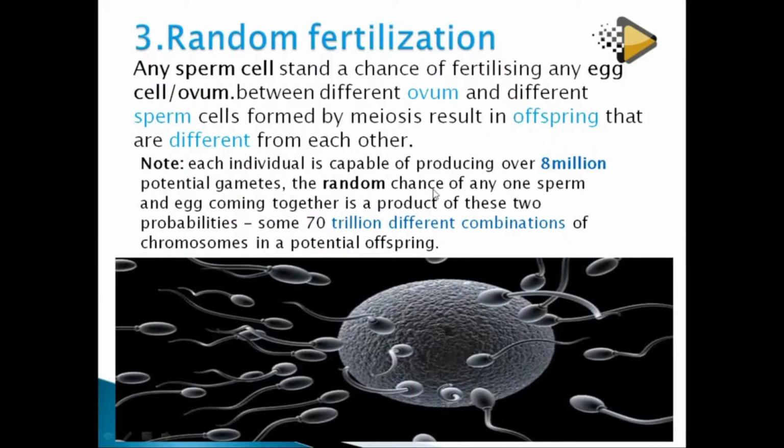But the random chance of any one sperm and egg coming together is a product of these two possibilities. Look, 70 trillion different combinations. That is the chance. You see how it means that you won a barrel of 70 trillion. Even the budget of South Africa might not be 70 trillion. I don't know. I'm not a politician, but it